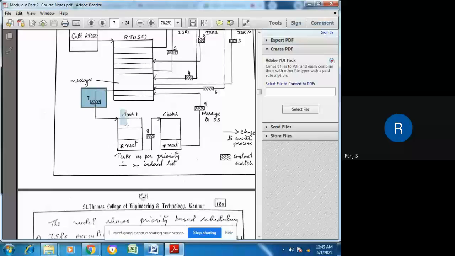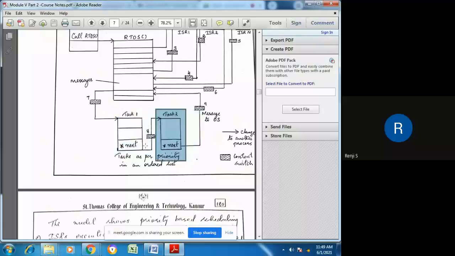So we can see that task 1 has the highest priority, so it has been inserted into the queue first. As soon as any task enters the queue, it will be sorted according to its priority. When task 1 completes its execution, it will go to the next task, that is task 2. When task 1 is completed, it will be removed from this priority list. That is, tasks as per their priority are put into an ordered list. So when task 1 completes its execution, it will be removed from this list, and task 2 then will become the first task. So this context switching.